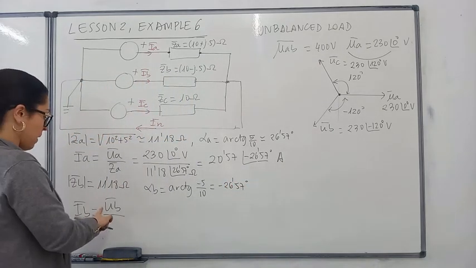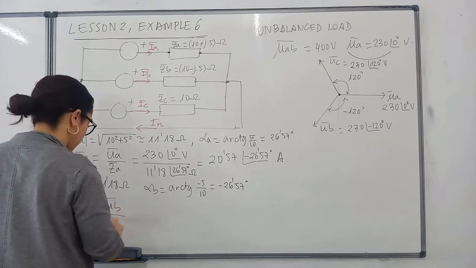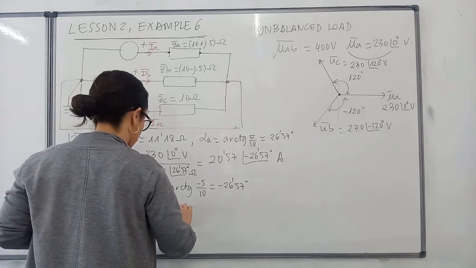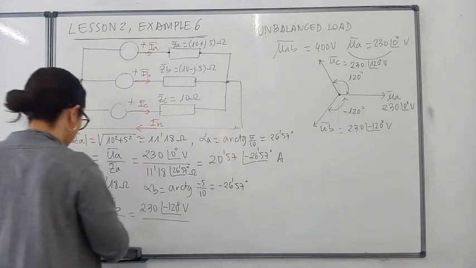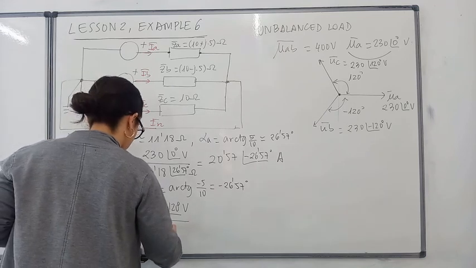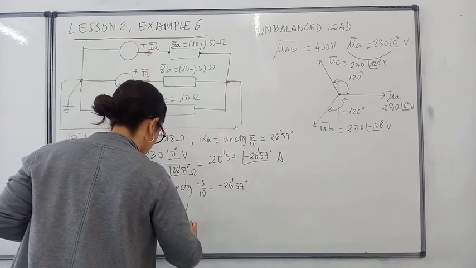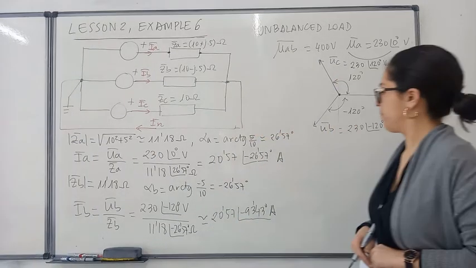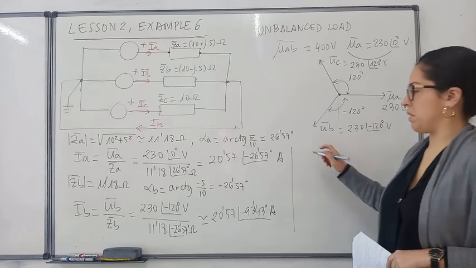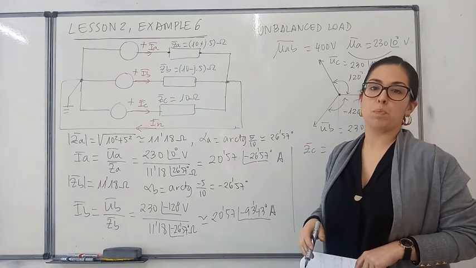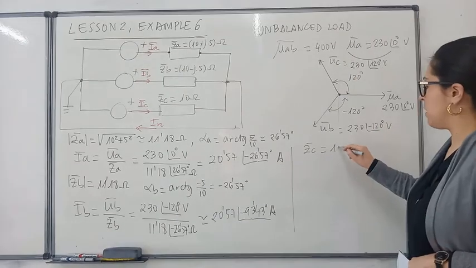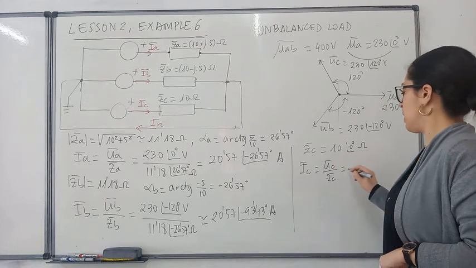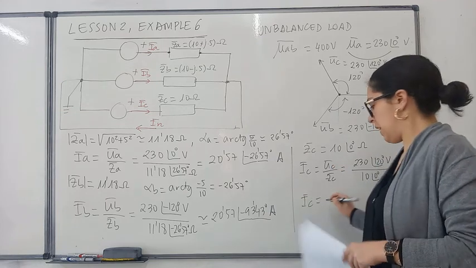Line current B will be phase voltage UB divided by impedance B. That is 230 minus 120 volts divided by 11.18 minus 26.57 ohms. Now we need to do the same with the third impedance. The third impedance expressed in polar notation would be 10 ohms. So line current C would be, and the result is,